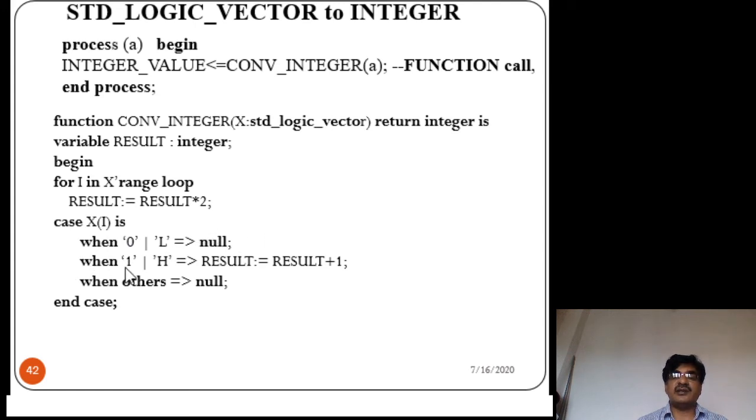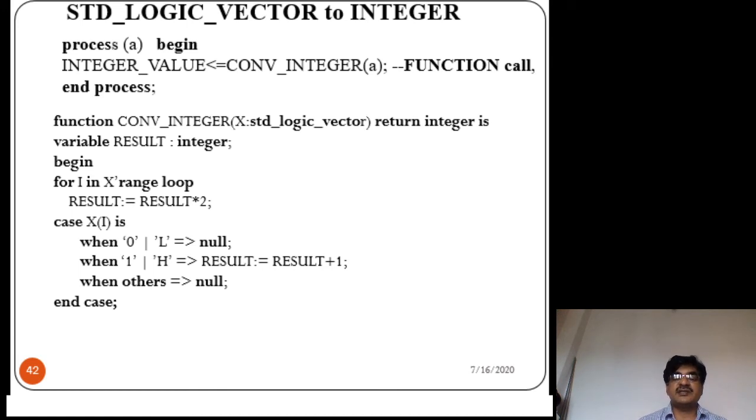Suppose it is 1, result := result + 1. When others, if the value is not 0, not 1, in that case when others, null. Null means don't do anything. Okay, end case. So the case statement is ended here. The case statement is similar to a switch statement in the C language.